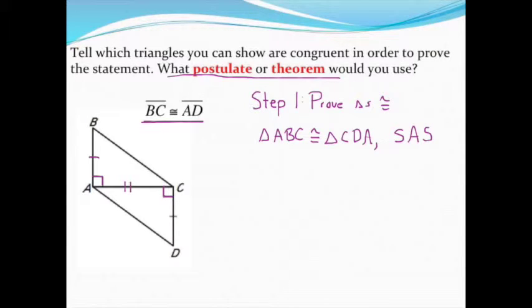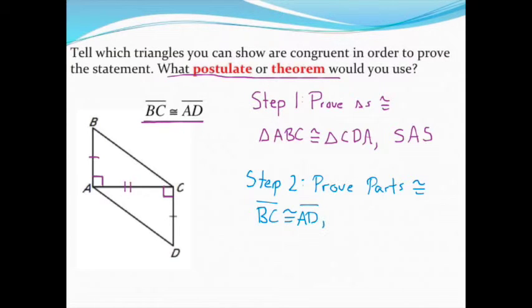Now for our new part, this is where we get to step 2. And step 2 is to prove that parts of the triangle are congruent to each other, okay? So prove parts congruent. Well, once we know the two triangles are congruent to each other, what we had talked about at the very beginning of this chapter is that all their parts are equal. So all their angles, all their sides are going to be congruent. And so once we finish step 1, which is what we already know, all we have is one extra thing to do, and that's to prove that these two parts they ask us about, any two parts really, are congruent to each other. And the reason those two parts are congruent is going to be because of something we call